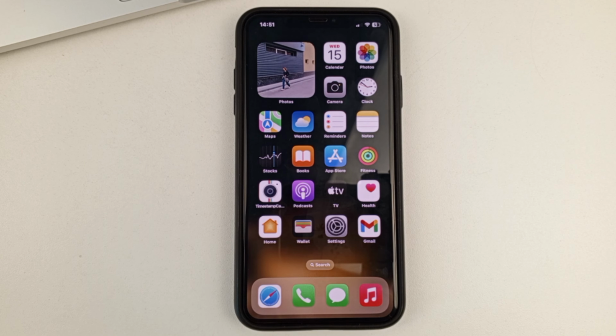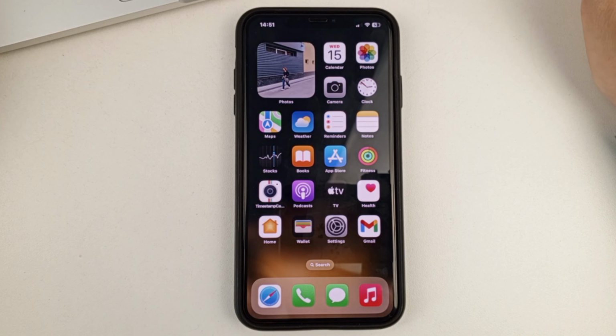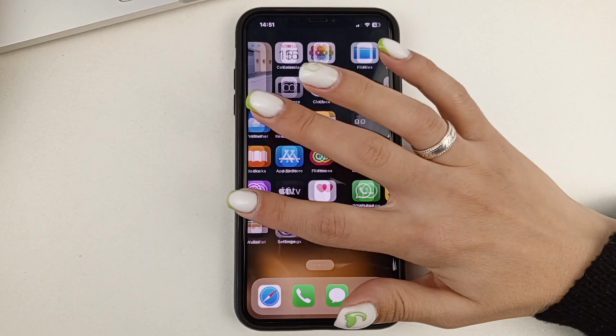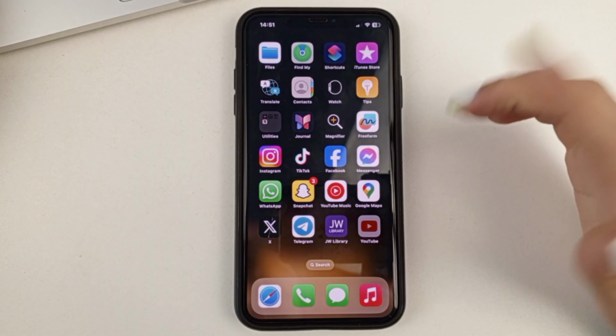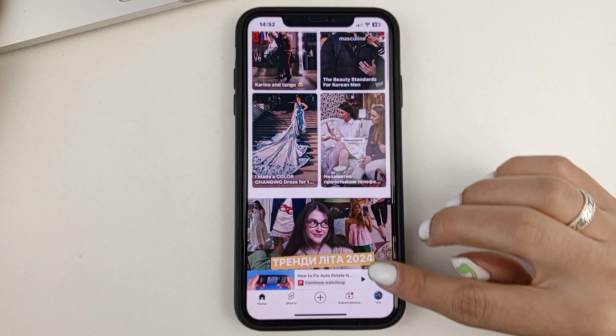And let's get started. So, first of all, I would like to show you what auto rotate is in general, how it works. To do that, I'm going to go to YouTube to show you an example of a video.